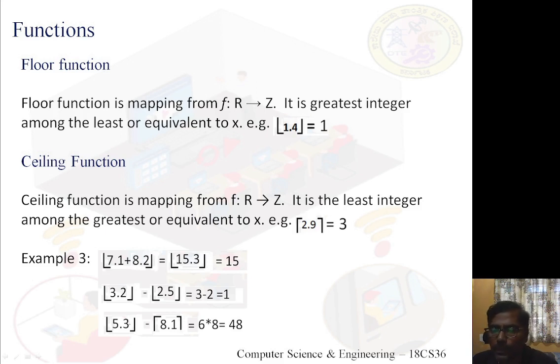So first let me compute the value of each. To compute the floor function of 5.3, I will list all integers lesser than or equal to 5.3. They are 5, 4,